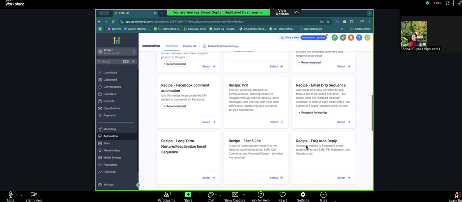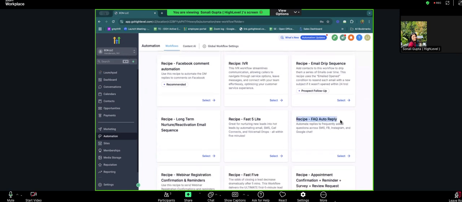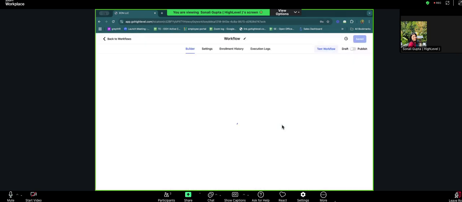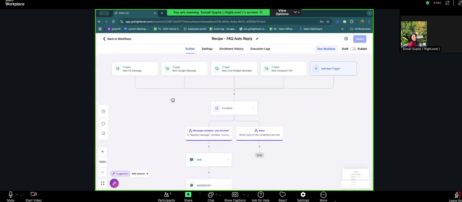So these are already pre-designed by you to function in those areas. Okay. Yeah, these are some templates which are already being given by us. You simply have to edit your business details inside the workflows, and you can also publish this. Okay, we will see this FAQ auto reply, which basically works like a chatbot. You can create chatbots for your business, for social media platforms, and for your websites.